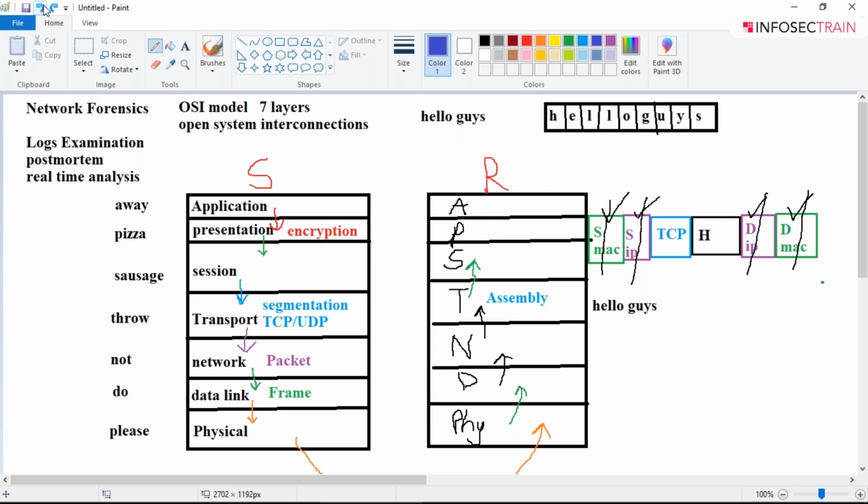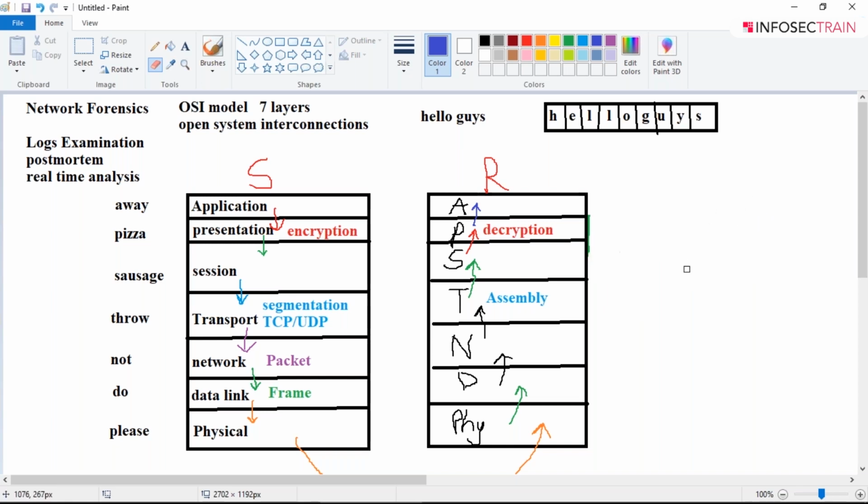So what we generally use is the model known as the TCP/IP model, all right. Now the TCP/IP model is the model that we actually implement. It's a practical model. But as I told you, unless you have an idea of the OSI model, you cannot understand the TCP/IP model. Why? Because in the TCP/IP model, three layers, that is your application layer, presentation and session layer, all these three layers combine together